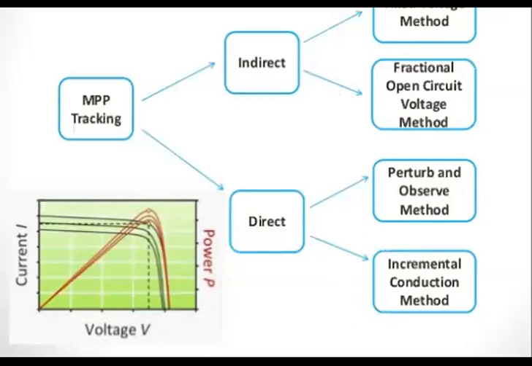Coming to the graph of the MPPT, that is the PV curve and IV curve. Here it is represented as power, current and voltage. If the voltage increases, the current increases up to a maximum point and then it decreases. Coming to the power, as the voltage increases, the power increases up to a maximum point. After that maximum point, the power is decreasing. This point is called the maximum power point, and that is called maximum power point tracking.